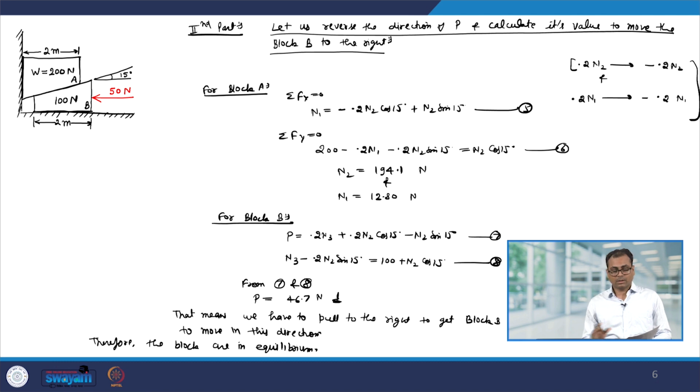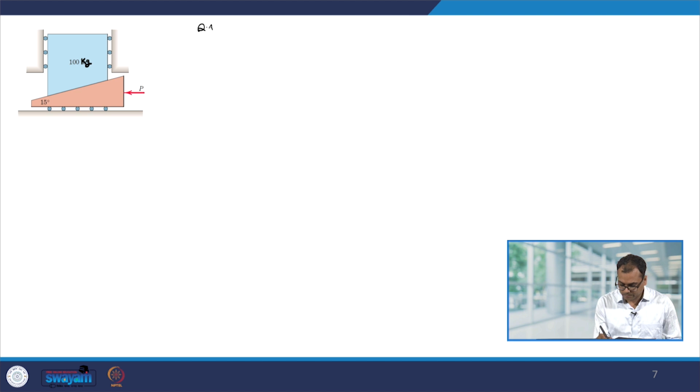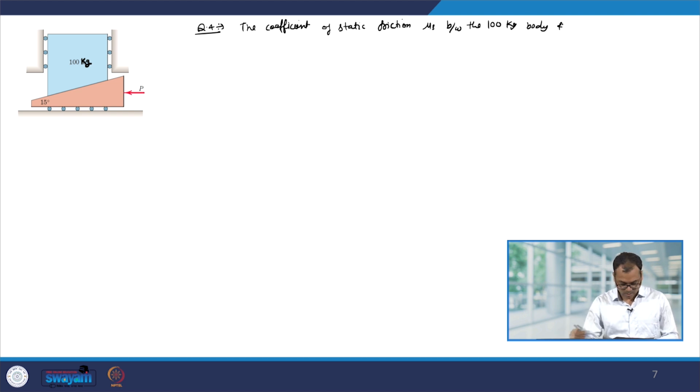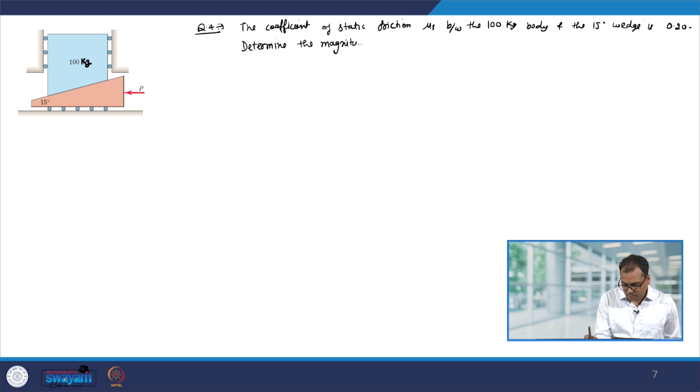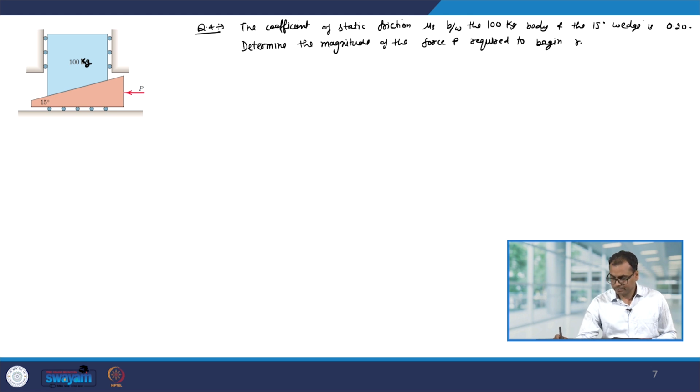Now, let us look at one more question on the same concept, and the problem statement is following. The coefficient of static friction mu s between the 100 kg body and the 15 degree wedge is 0.20. Determine the magnitude of the force P required to begin raising the 100 kg body